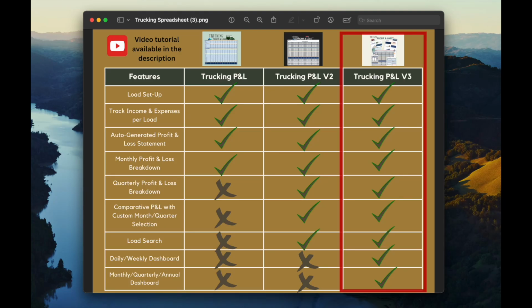I'll show you how to use the trucking P&L version 3 that I sell on Etsy. You can see this version here in the red box. This is what we're demonstrating in this video, and it has the most features of this set. The nice thing, or the minimal thing, about this spreadsheet that I'm about to demonstrate to